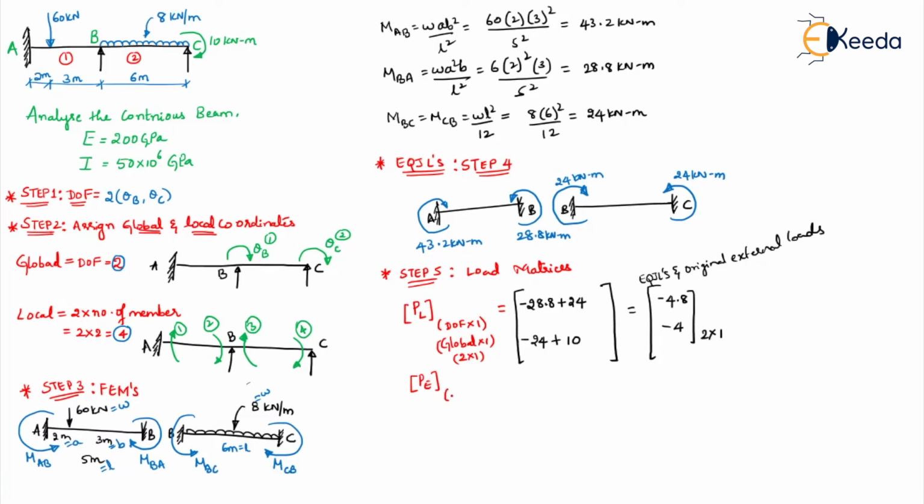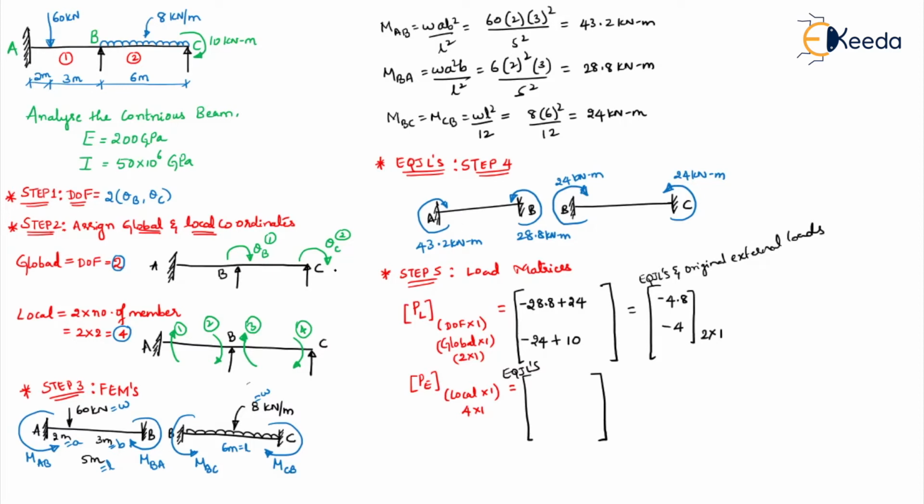For doing your PE, what are the coordinates? It is local into 1. Okay. So local, how many number of local coordinates are there? 4. So it is a 4 into 1 matrix. Okay. Now, what is that you have to remember when you are doing PE? You have to see only EQJLs. You don't have to see the external loads which are there in the entire structure. Okay, so we'll write the EQJLs.